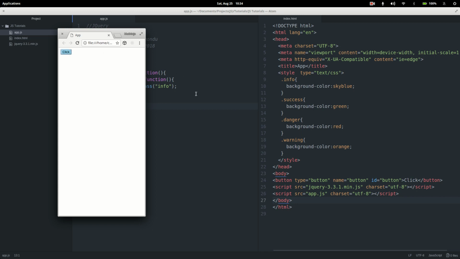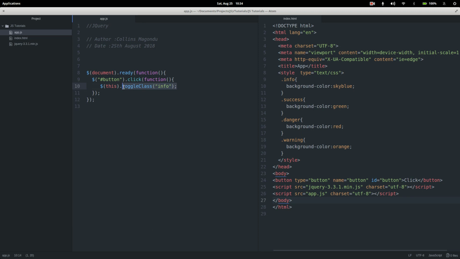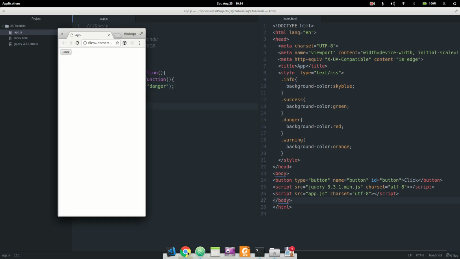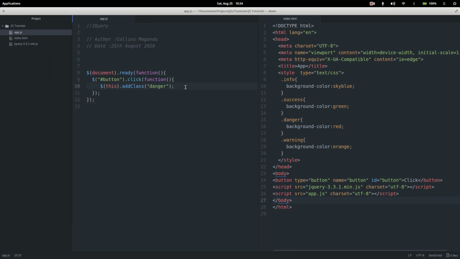Yes, and the next thing will be to use the add class method, and then target a class. Let's say I want to display a danger class. So once I click it, it displays danger, because the background color is red, and then you can just remove this class